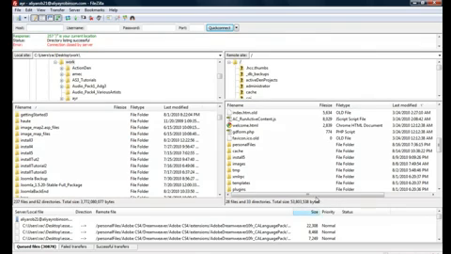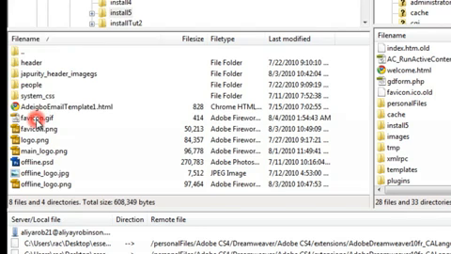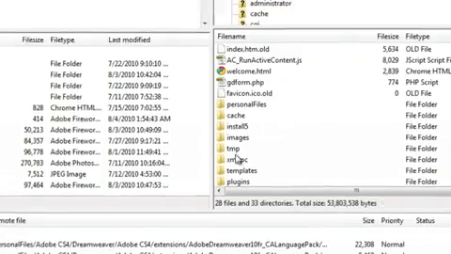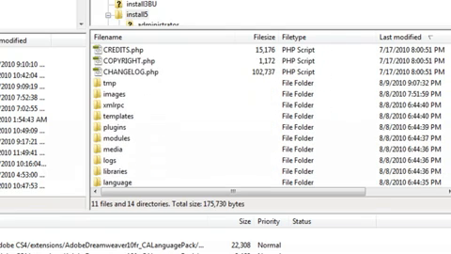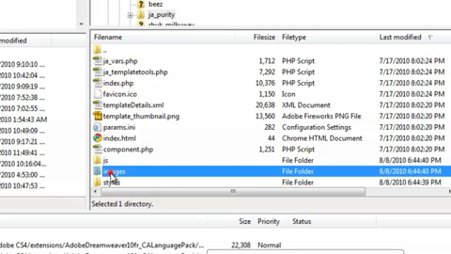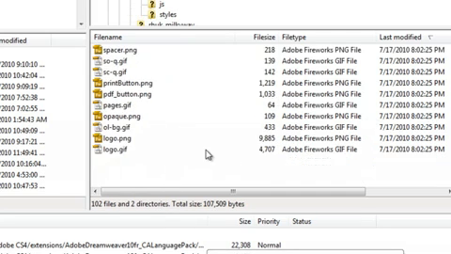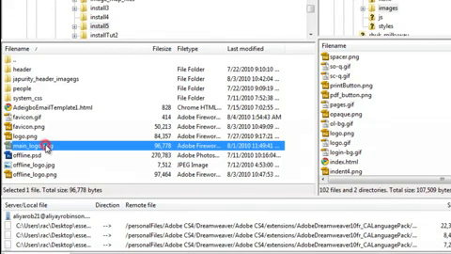So now we just have to upload the new logo. So we'll go back to our FTP software. I'm using FileZilla, and I'm going to open up my install file folder in my computer and open it up in my server. I'm going to go to templates, and the active template is JA Purity, and go to the images folder. And as you see here, the logo PNG is there. We just want to upload our logo so that